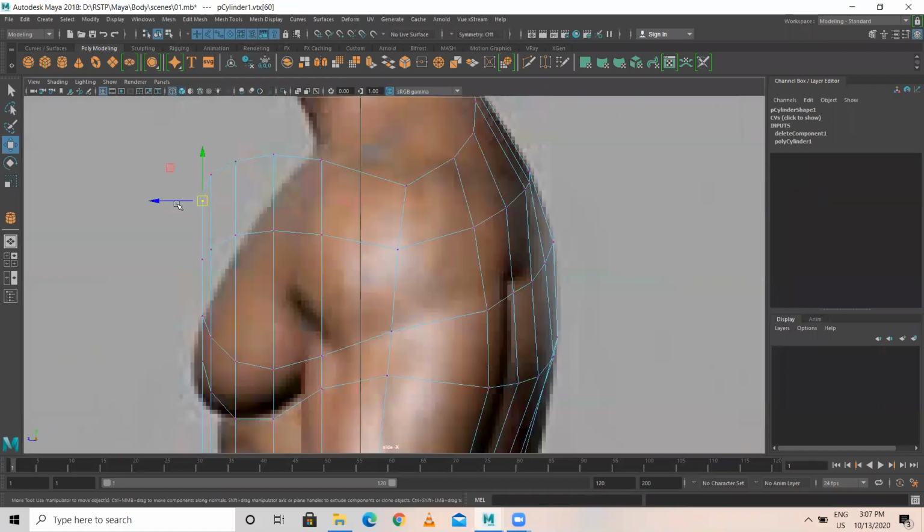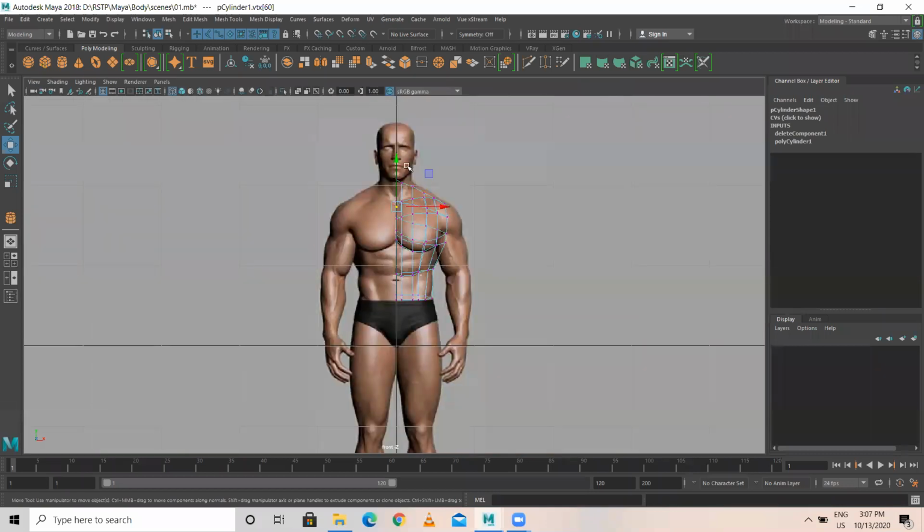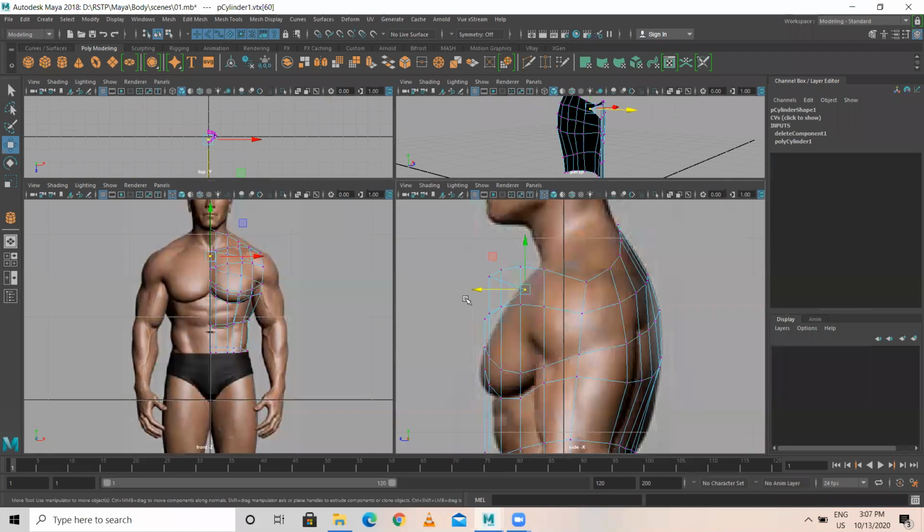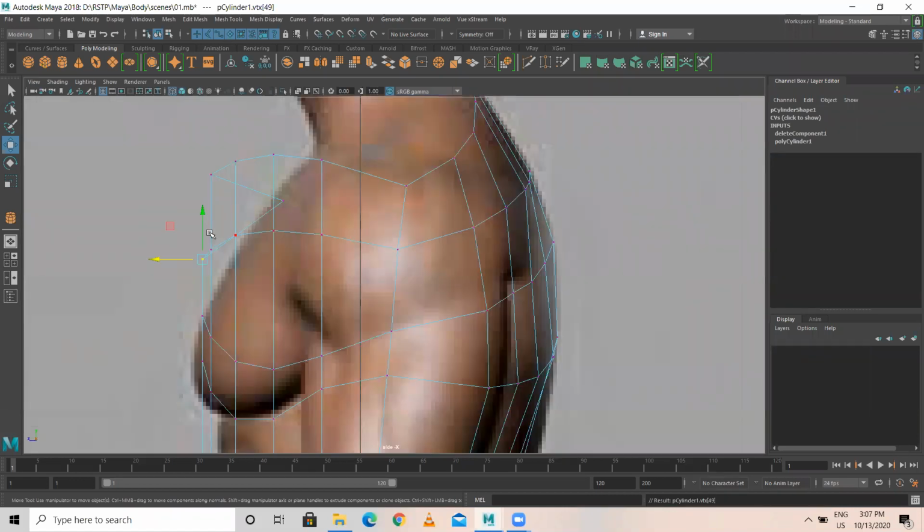The reference is here, no? Because in the chest part, one line will be there that's kind of inside. See this particular part I'm referring to. It should be inside. So then come down. This should be here, this should be here, and this should be here.